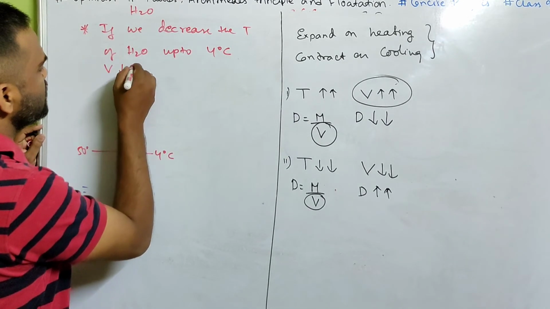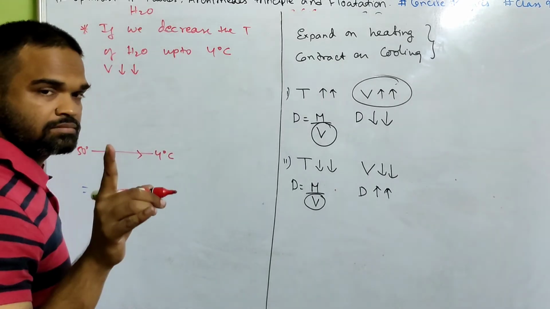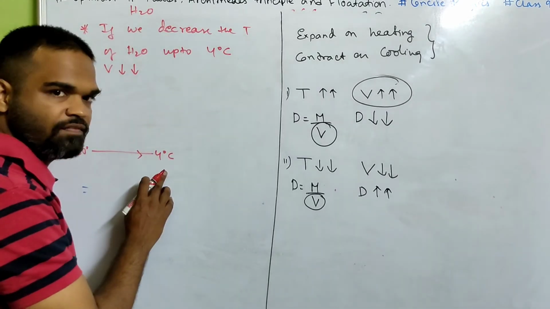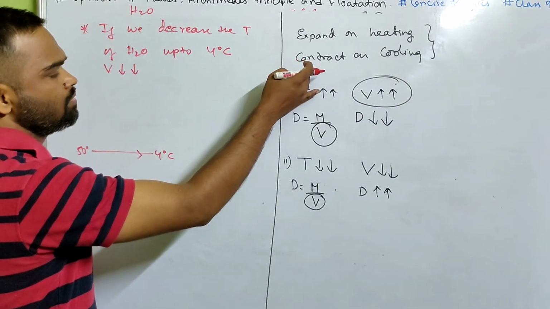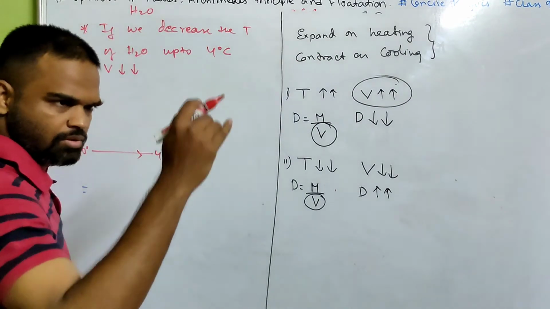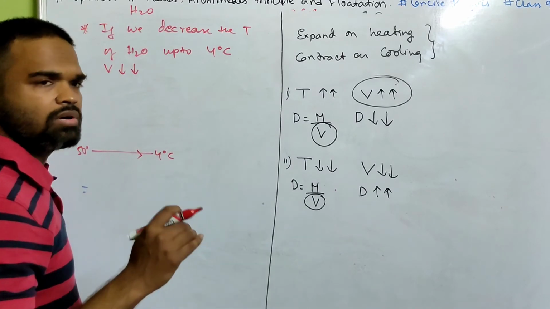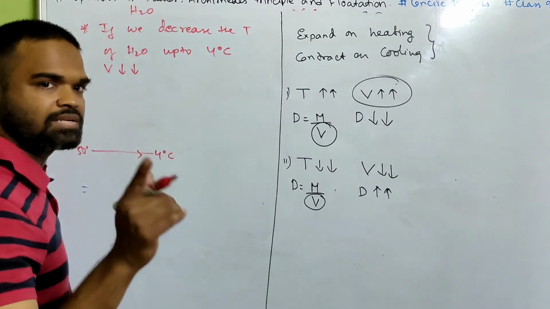Volume decreases. Remember, till 4 degrees centigrade, we see normal. You cool it, it contracts. You're lowering the temperature, it's contracting, the volume is decreasing. But